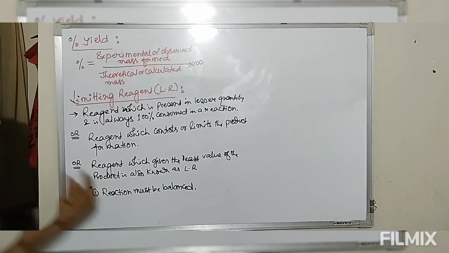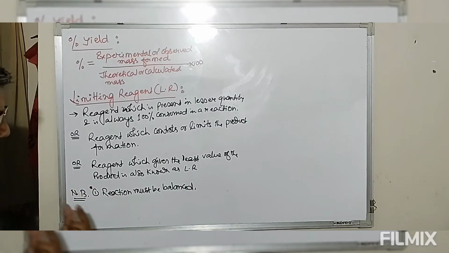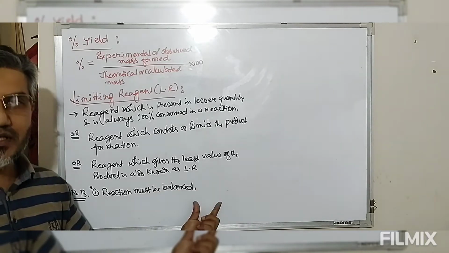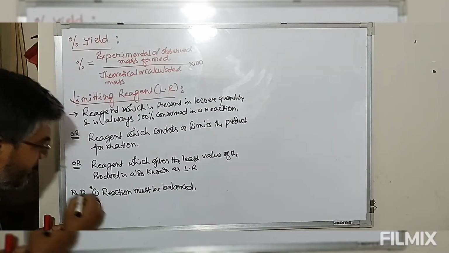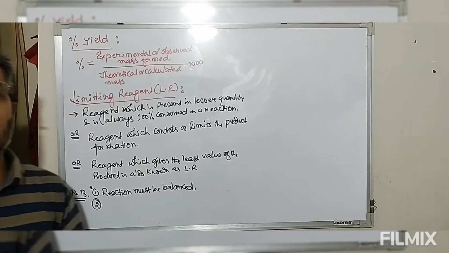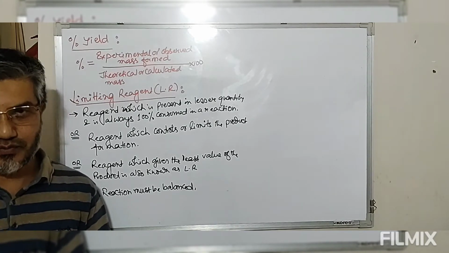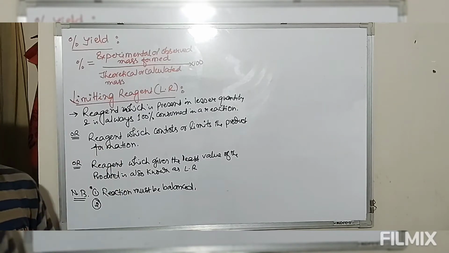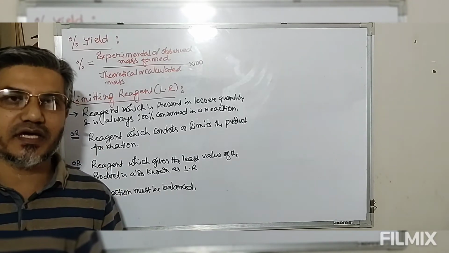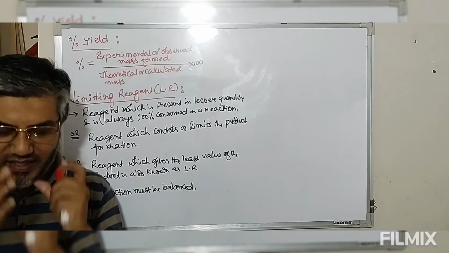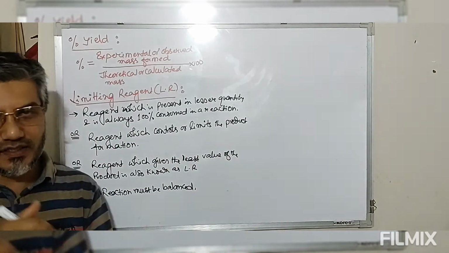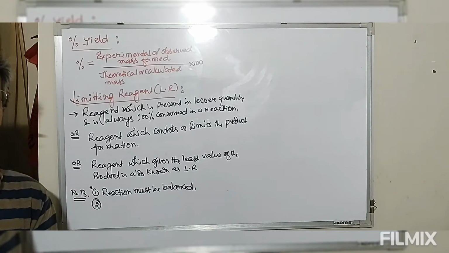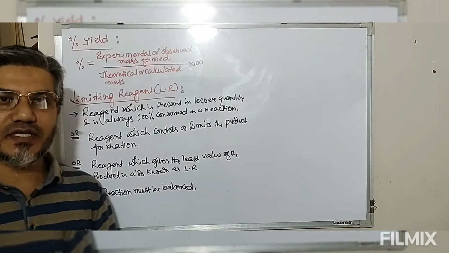So the first thing that we have to keep in mind is the reaction must be completely balanced. The second thing that we have to keep in mind is if both the reactants are 100% consumed as per the balanced reaction, then the limiting reagent cannot be defined. So for defining the limiting reagent, one of the reagents must be present in excess quantity, and the other one, which is present in the lesser quantity, is known as the limiting reagent.